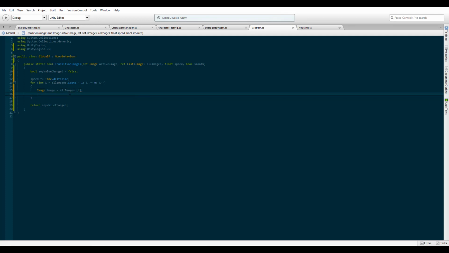We don't want to transition out our active image, we want to transition that in. So we need to make sure that the one that we're working on isn't the active image. If it is, then we need to fade in. If not, fade out. If image equals activeImage,